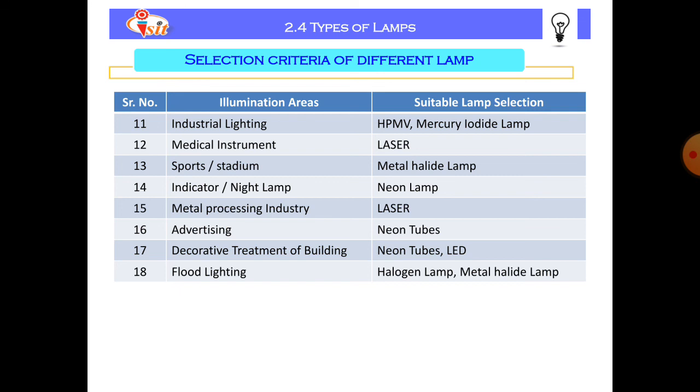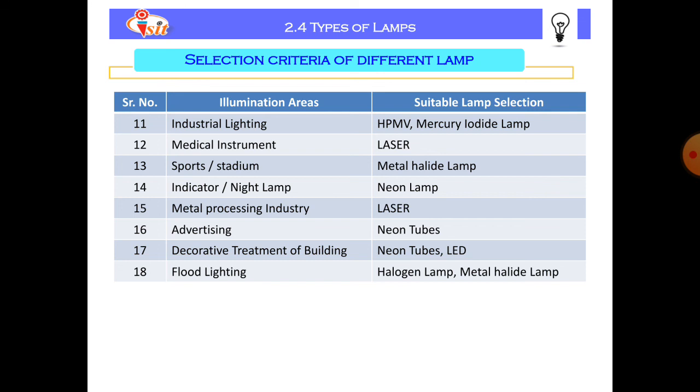For the metal processing industry we use lasers. For advertising we use neon tubes, which we already see as neon sign tubes over shops, hotels, buildings, etc. For decorative treatment of buildings we use LEDs as well as neon tubes. And last, for flood lighting we use halogen lamp or metal halide lamp.